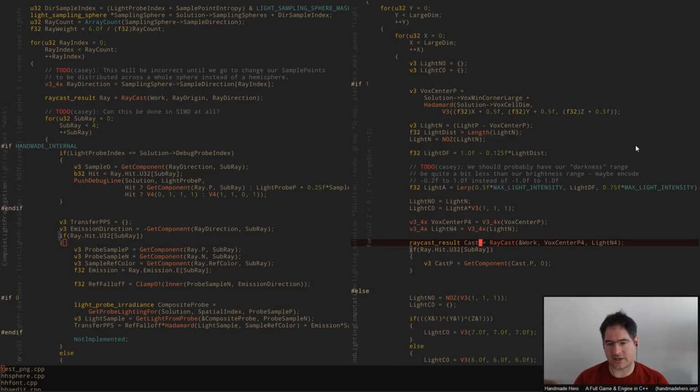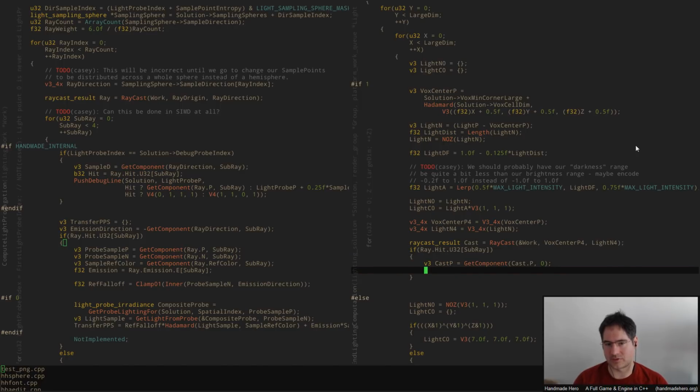So all I want to do is say, if we hit something, then I want to test to see how far away it actually was, right? And again, that's why I would have wanted that T-ray value, because I want to just be able to look and see, is it longer than light dist? But it's okay. I don't really need to know one way or the other, I guess. So that cast P value that we get out here, I can just compare that with the